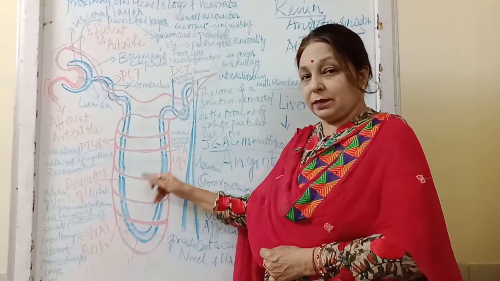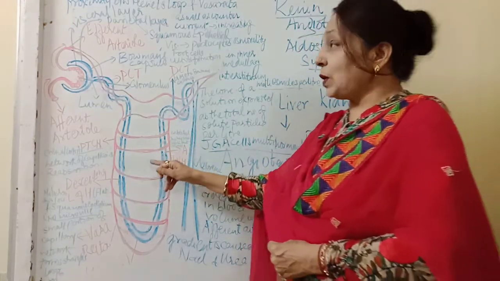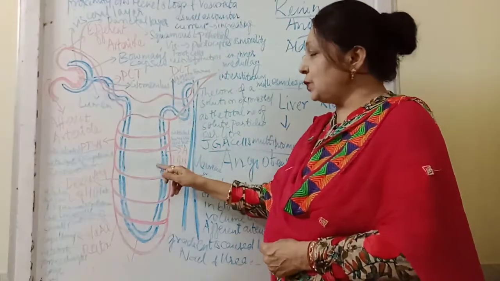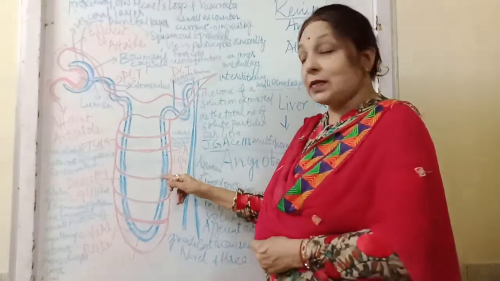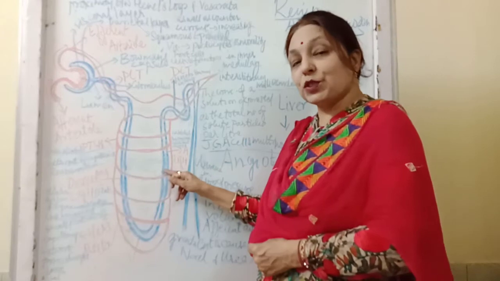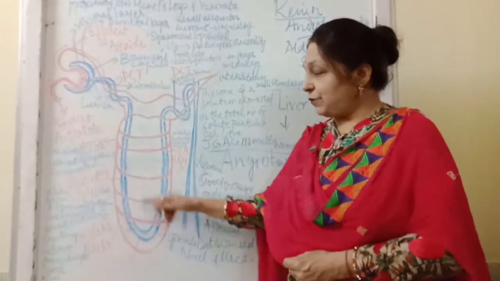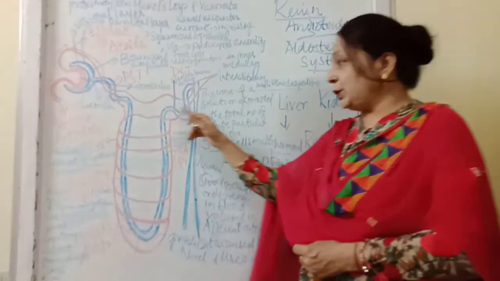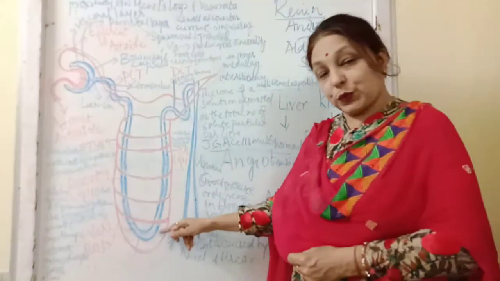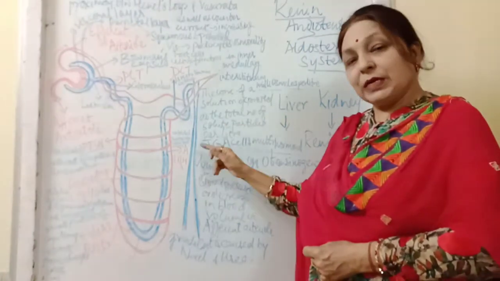Therefore, as I told you, the major role of the loop of Henle's and the vasa recta, the proximity between the Henle's loop and the vasa recta as well as the counter current between them, increases the osmolality. The main aim is to increase the osmolality in the inner medullary interstitium, so it reaches from 300 milliosmoles per liter to 1200 milliosmoles per liter, thereby making the filtrate concentrated.